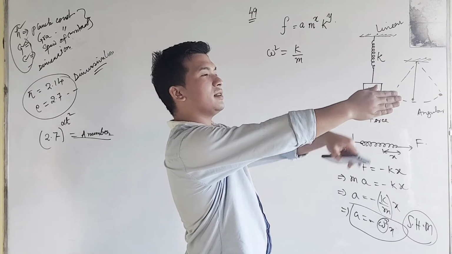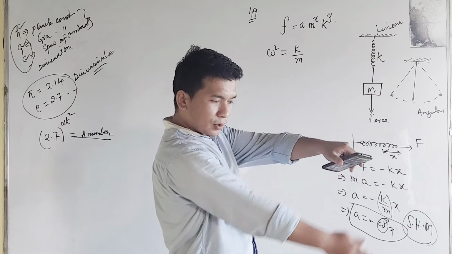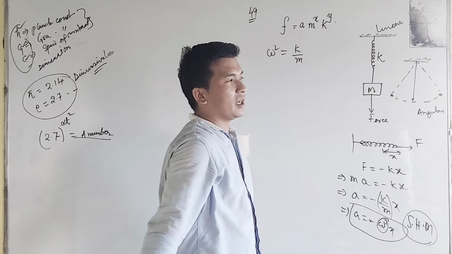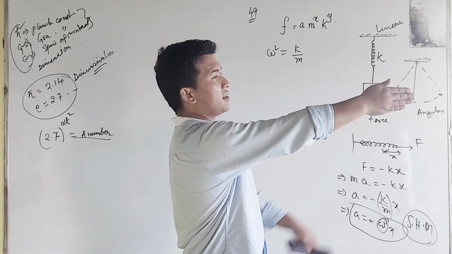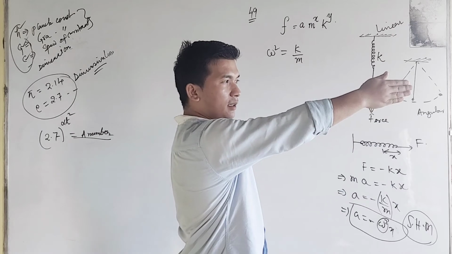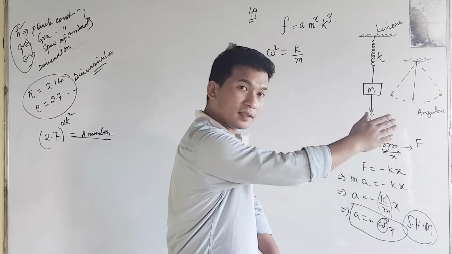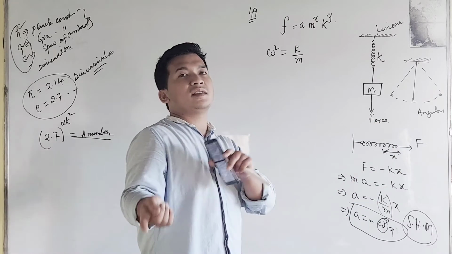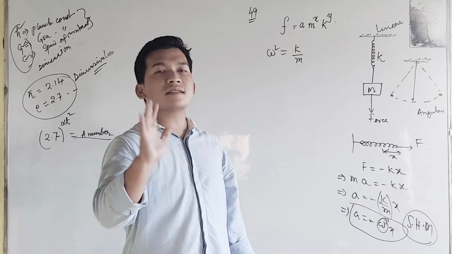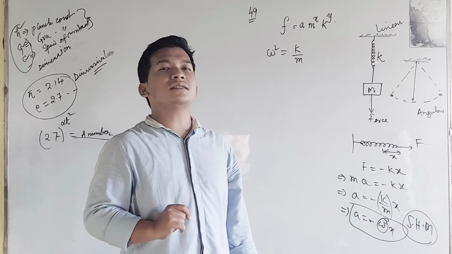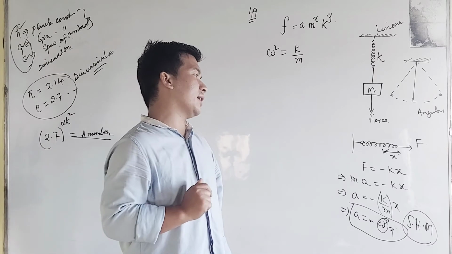Displacement increases, the acceleration is also decreased. Okay, displacement reduced, we will be having like this. This is the to and fro motion. Up to here is the maximum displacement, and downward the displacement decreases, and if the displacement decreases, acceleration is increased. We can say that displacement and acceleration are opposite. If displacement is decreased, acceleration increases, and such type of motion will be known as simple harmonic motion.